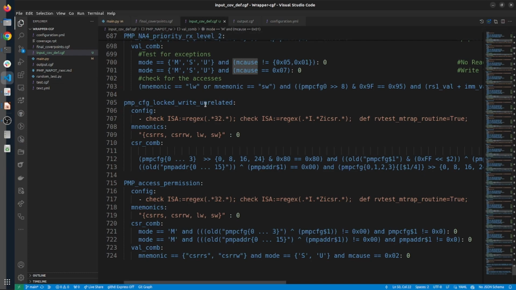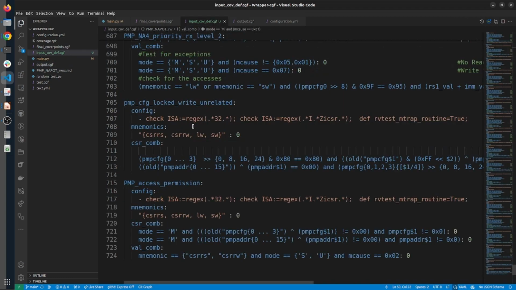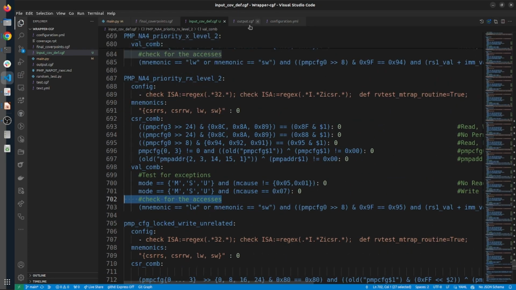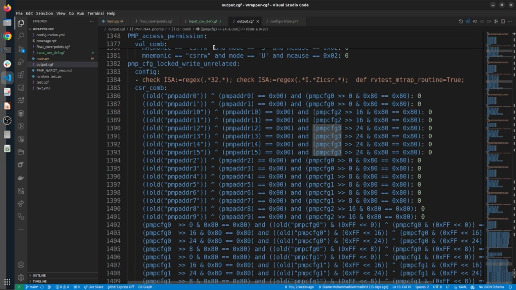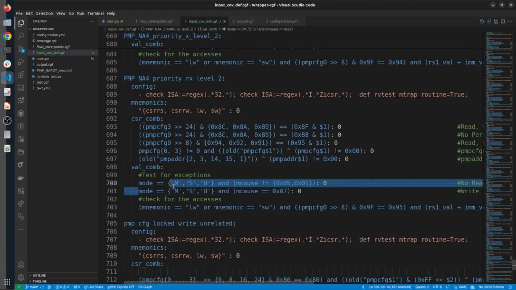But when it's passed through the translator, it will be translated to 1400 lines, which is almost a 2x improvement in the manual effort that would have been done by the user. I am even ignoring the comments that are added in these input cover points, which will not be added by the translator, so it is more than a 2x improvement. And you can also see that the variables and the features that we have added in the RISC-V ISAC are of very great use.